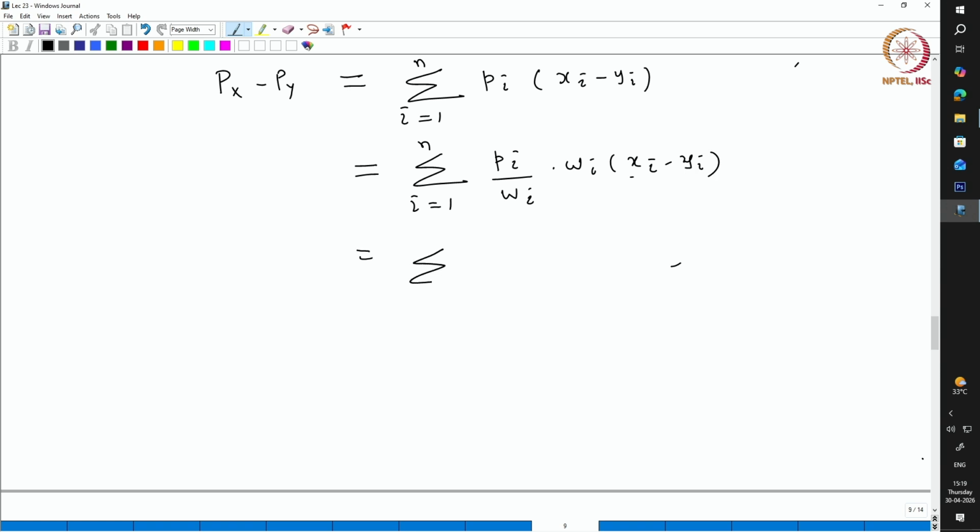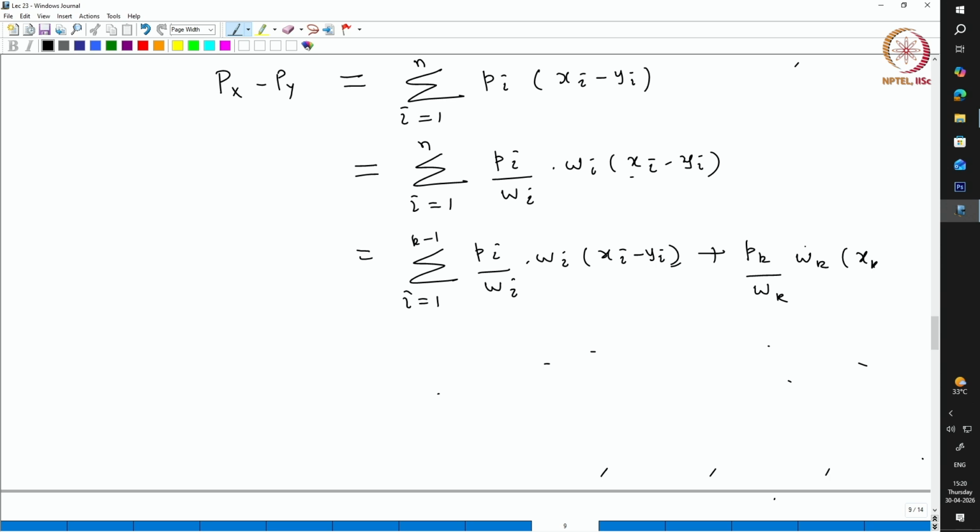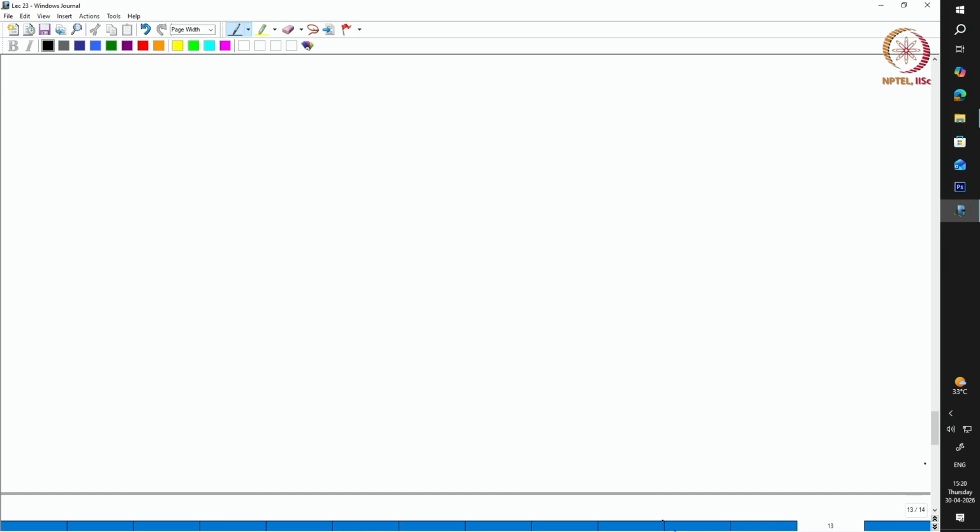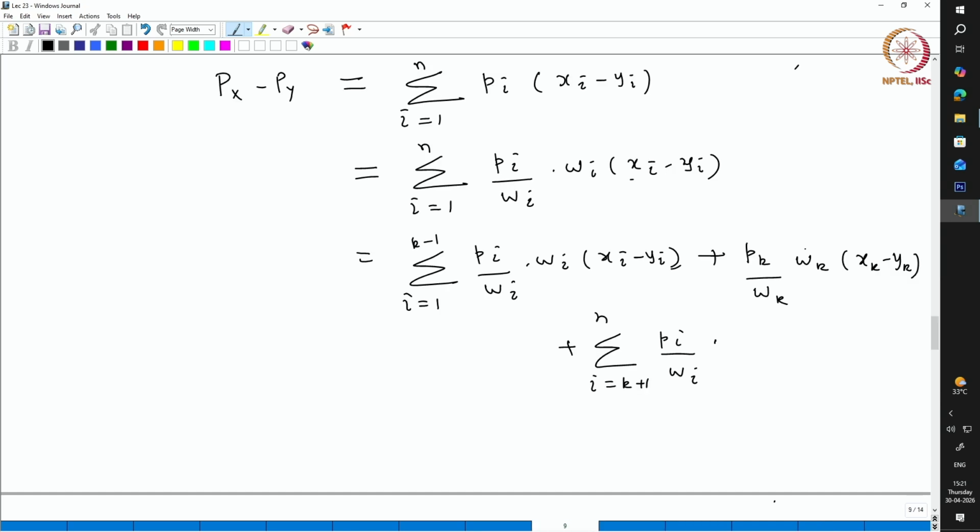This I write as sigma i equals 1 to k minus 1 of Pi by Wi times Wi times xi minus yi, plus Pk by Wk of Wk times xk minus yk, plus sigma i going from k plus 1 to n of Pi by Wi times Wi